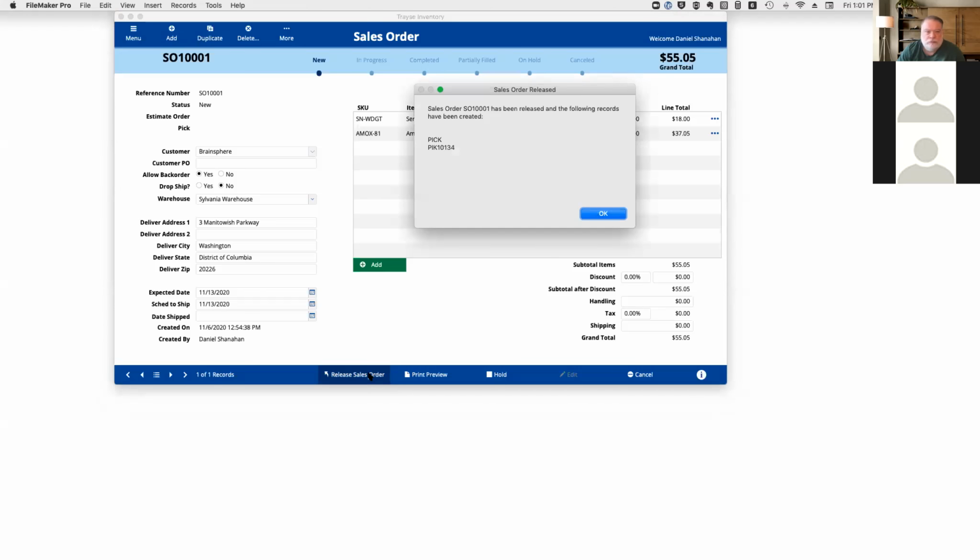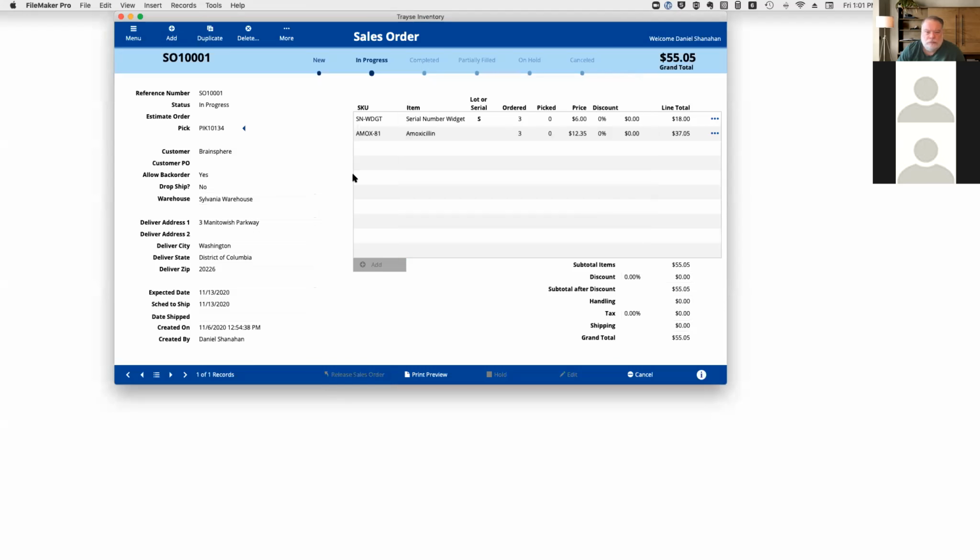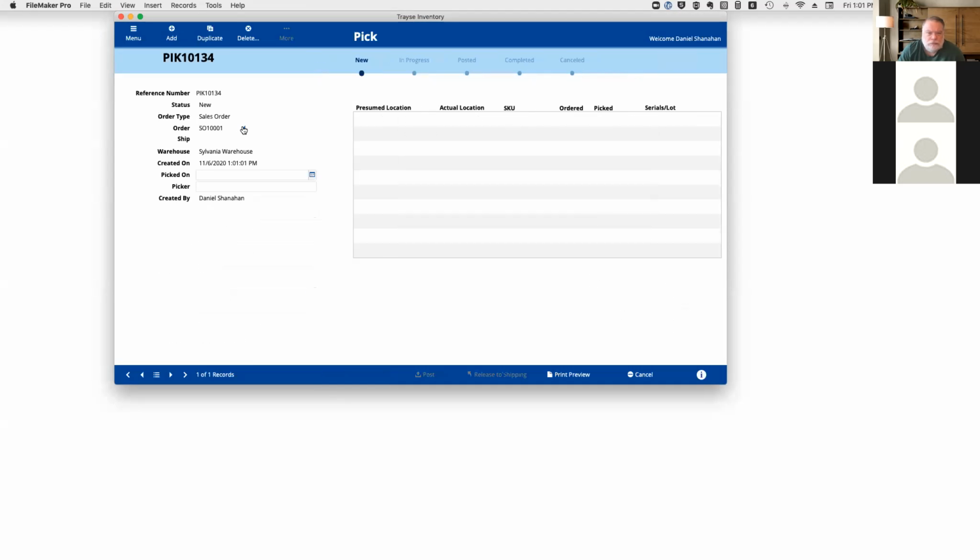I'm going to push that forward. So now I have this pick document. I can navigate to that pick. I could have started from an estimate order. I started from a sales order. You don't need a sales order, or you don't need an estimate order, but you can have one. And if I had one, that would show up here. But I'm going to move forward and I see that this is now in progress. So I'll come over to the pick and